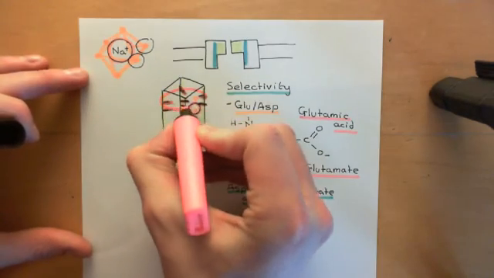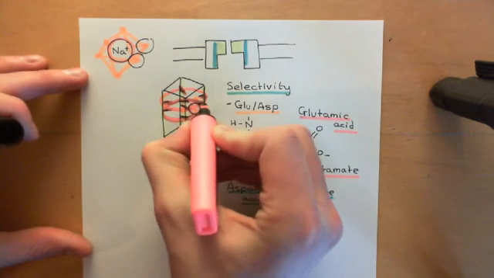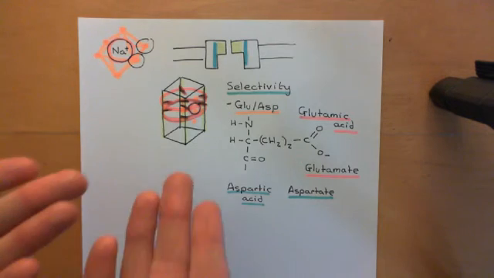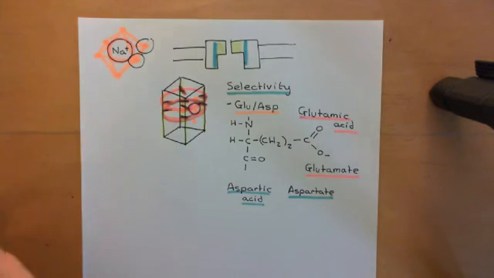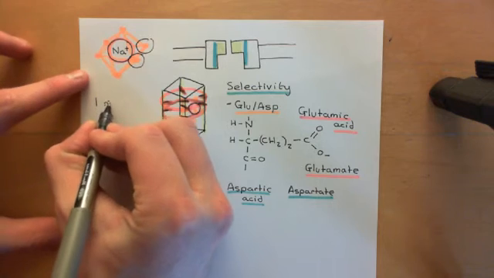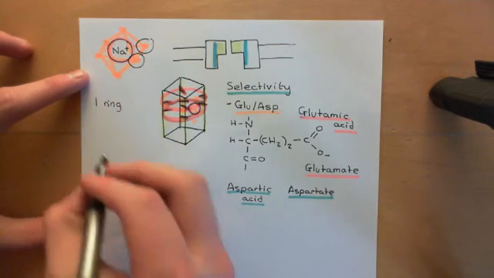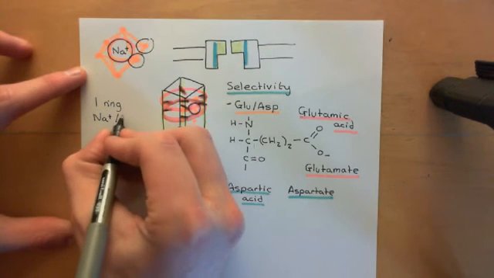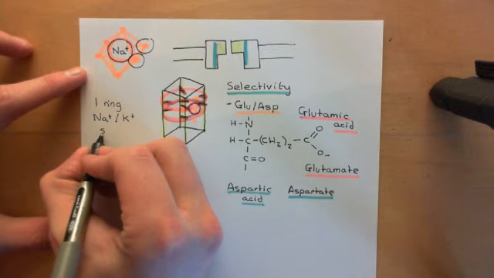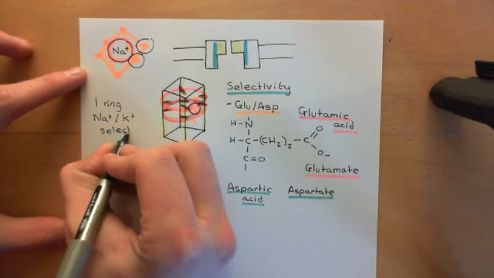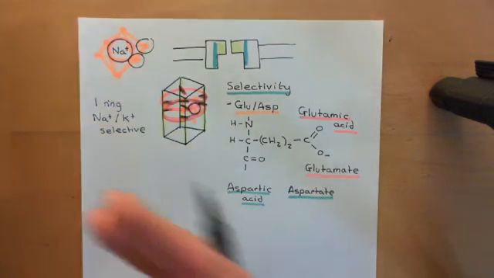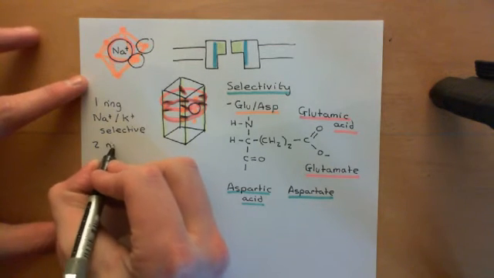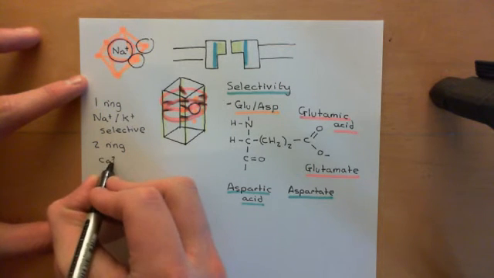So I'll just draw these rings. So there's one, the normal one, and now there's this second one that we've put in. If you have those 2 rings, then suddenly that turns this into a calcium channel. So 1 ring, and it becomes a channel that is sort of selective for sodium, but lets in a lot of potassium. So I might just put sodium/potassium selective. Okay, it does prefer sodium over potassium, but it does let through a lot of potassium. Okay, if you put 2 rings in, then suddenly that turns it into a calcium selective